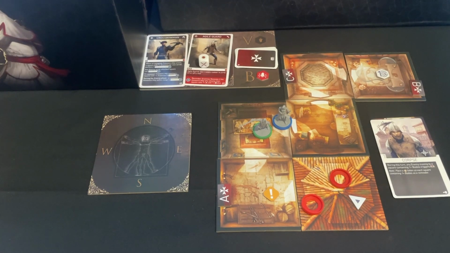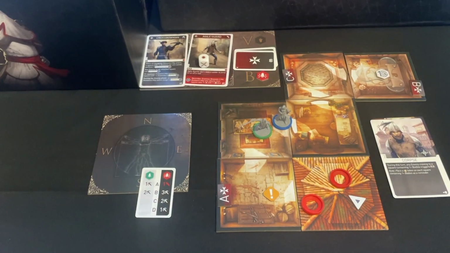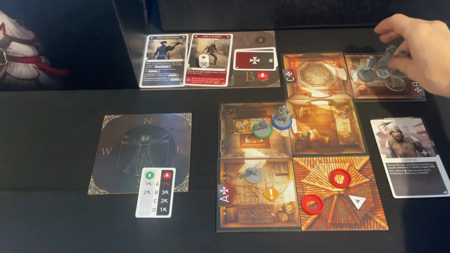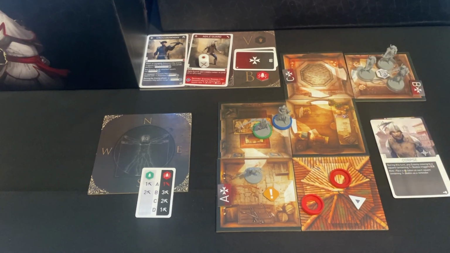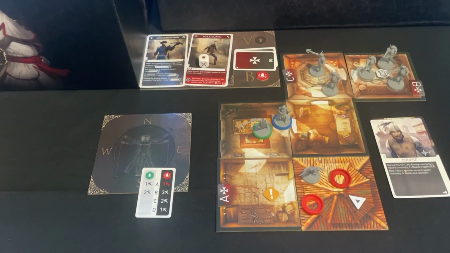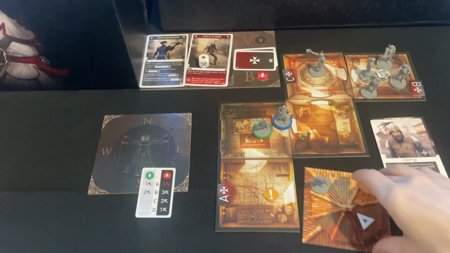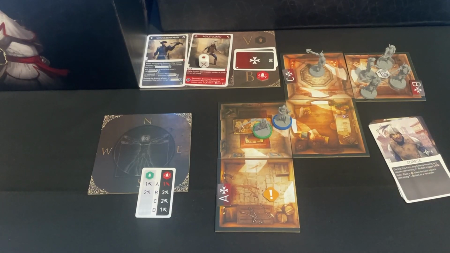So it's now the reinforcements. So we have an agile guard at A. 3 crossbowmen at B. And 2 at C. So he's going to move into there. Everyone else moves east. And this goes